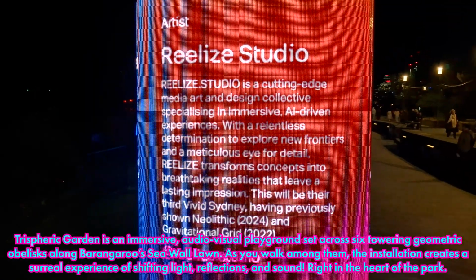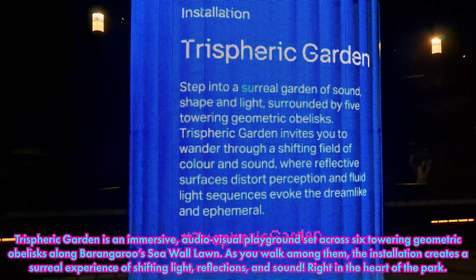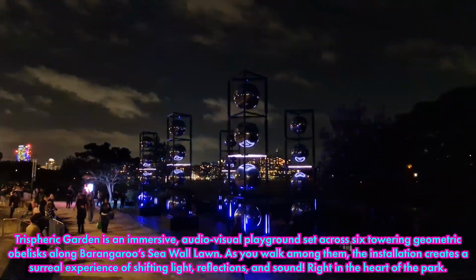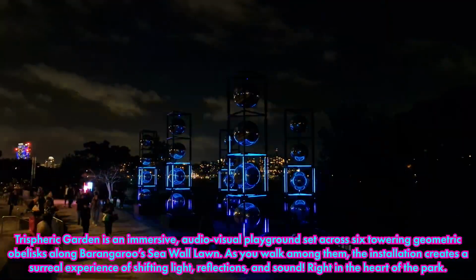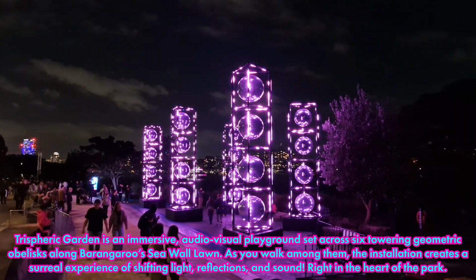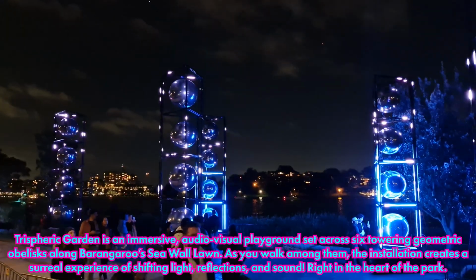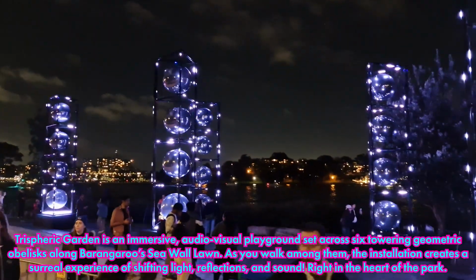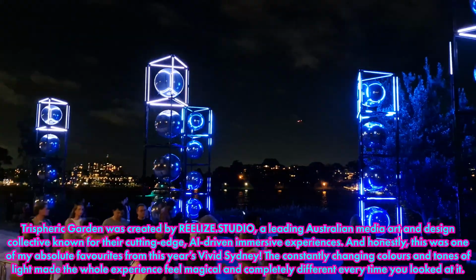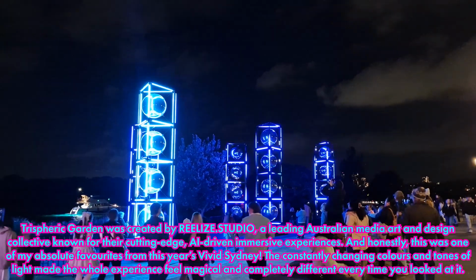Treesberry Garden is an immersive audio-visual playground set across 6 towering geometric obelisks along Barangaroo Sea World Lawn. As you walk among them, the installation creates a surreal experience of shifting light, reflections, and sound right in the heart of the park. Treesberry Garden was created by Real Light Studio, a leading Australian media art and design collective